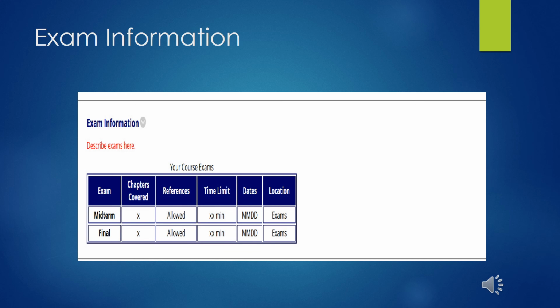The next thing you'll see on syllabus page 2 is exam information. Describe your exams and again fill out the table with whether or not references are allowed, what the time limit is. We recommend that an exam lasts no longer than 2 hours, and put the dates and where they can